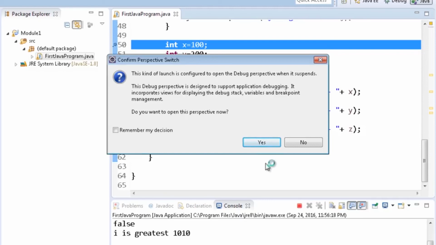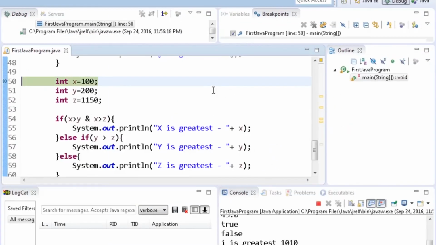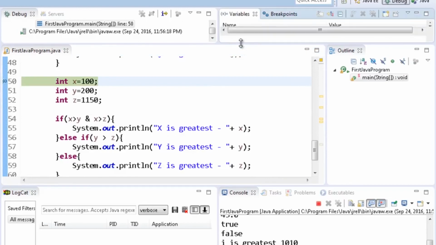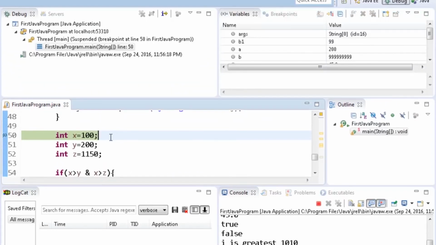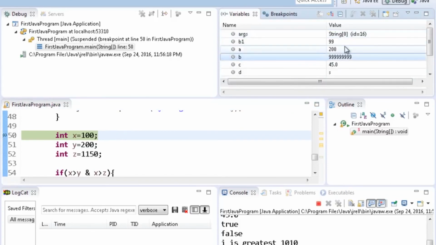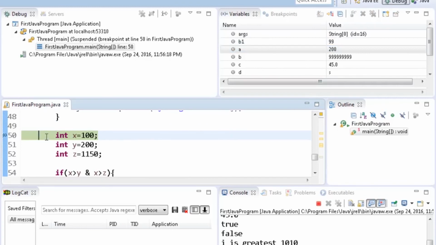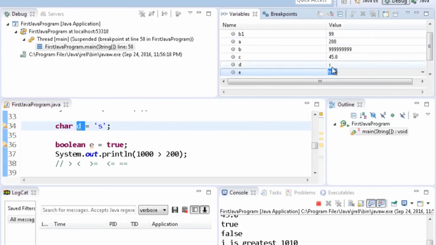You have the variables section, where you will get the value of all the variables so far which are there in your program. So before line number 50, you will be able to see the values of all these variables which we had defined.